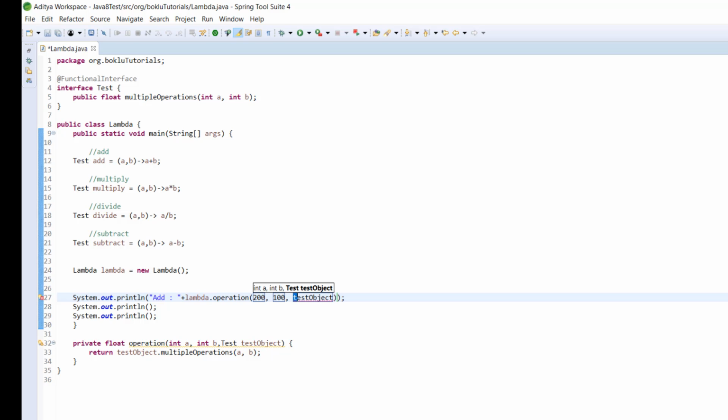Okay, and let's say the object name will be add.